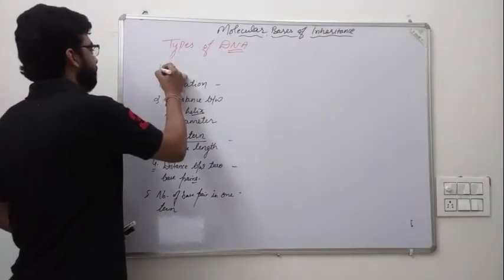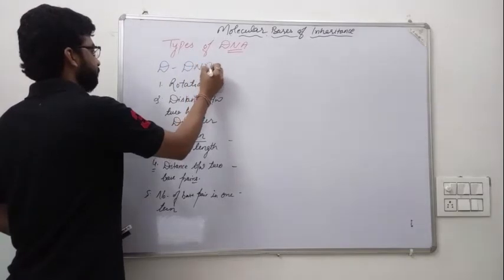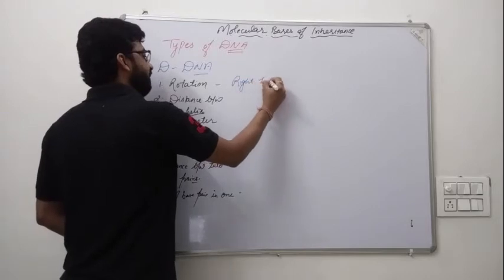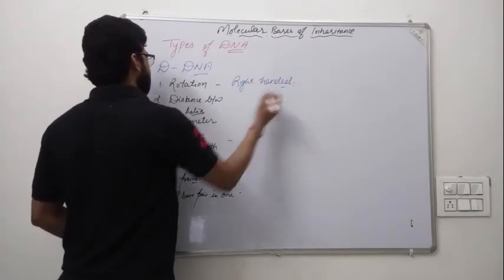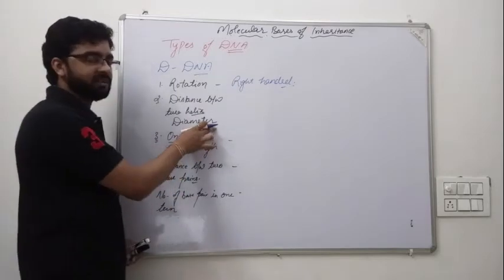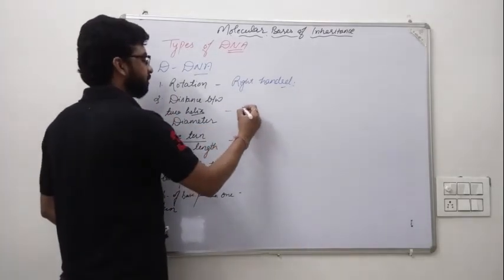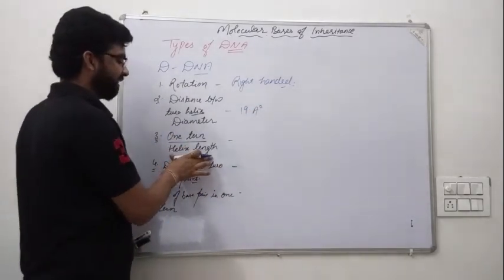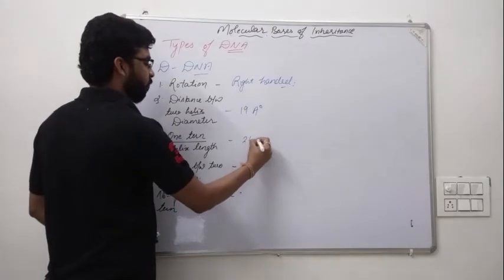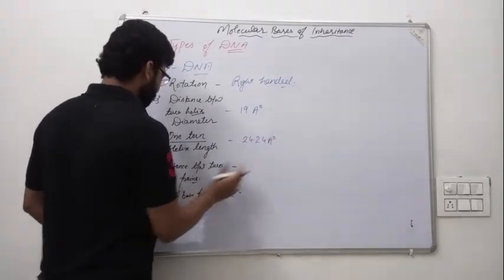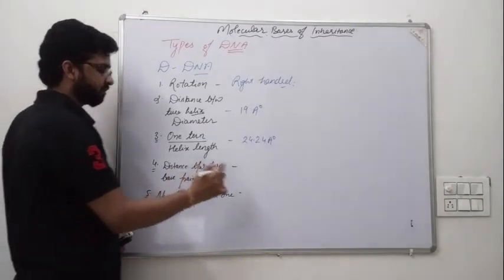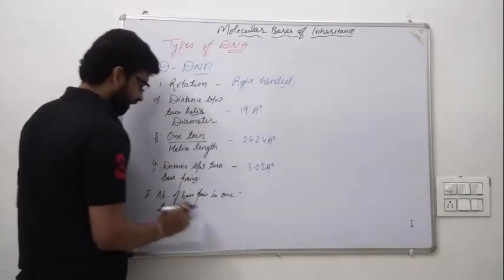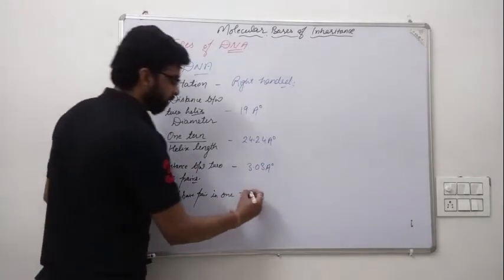Next is D DNA. Rotation again right-handed. Distance between two helix or the diameter is 19 angstrom. Helix length here is 24.24 angstrom. Distance between two base pairs is 3.03 angstrom, and total number of base pairs in one turn is